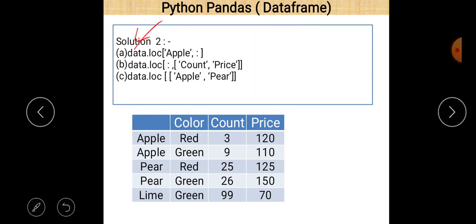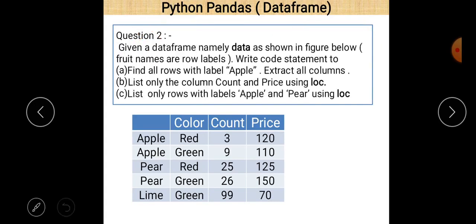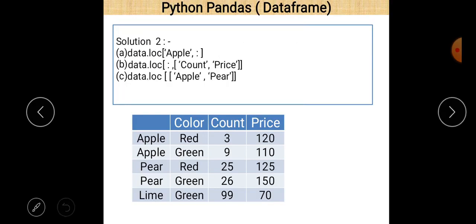Then LOC, if you want to apply LOC, you can just write data.loc, and within the square bracket, always remember that first of all rows are mentioned, and after that a colon sign, and after that you can mention your column names. And rows and columns are separated by a comma here. So find all rows with label apple and extract all columns. So all columns are extracted here. So we just give a colon sign.